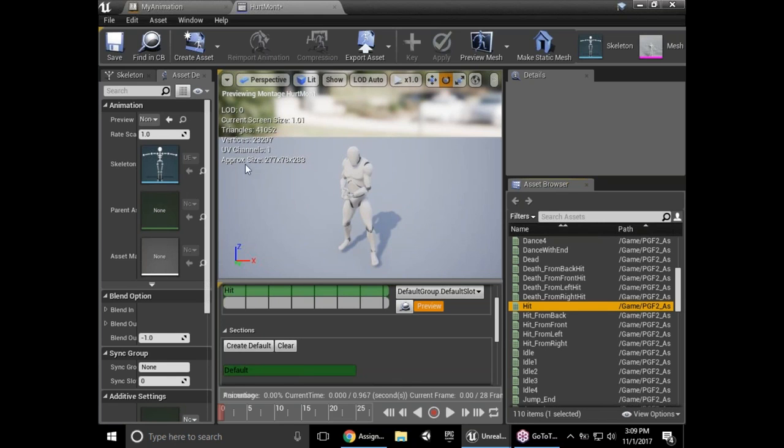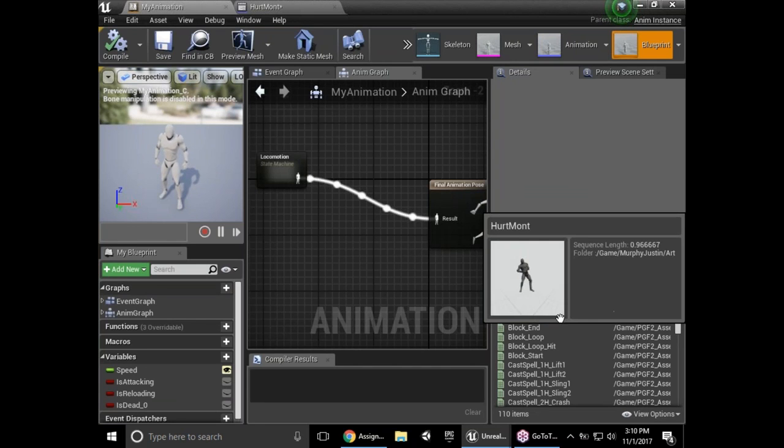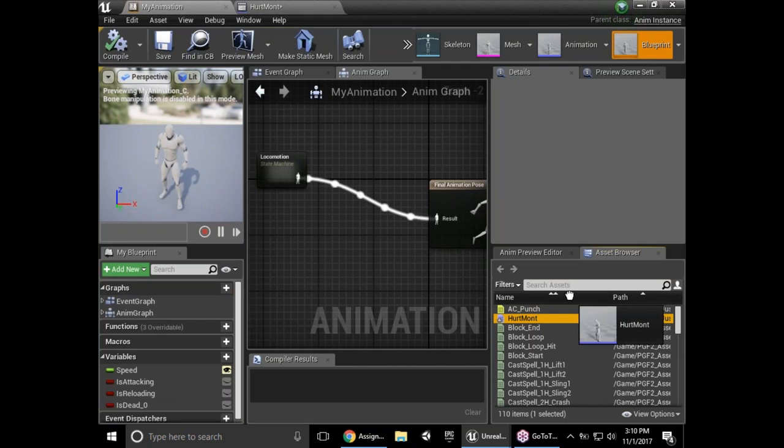So now, when we play this hit animation, I can scrub through it down here just by selecting that red one and play it. As you can see, this animation was taken from something that was holding a weapon. I don't necessarily want that weapon to be there. So what we can do is get rid of the animation on the arms and just use the other animation. That'll be done up here. We go back here, we can drop in our hurt, and it cannot be used in the graph